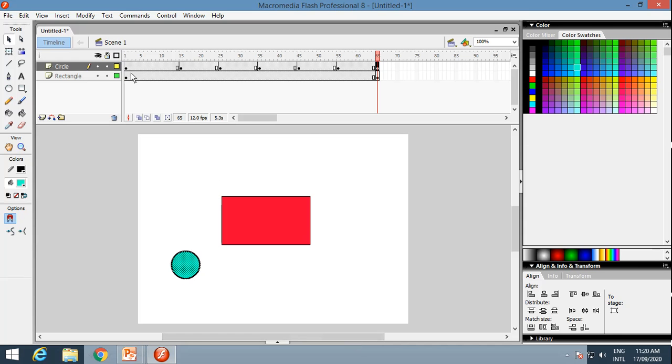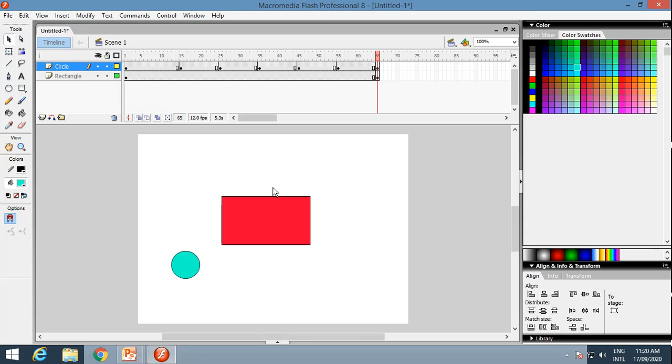Now see what is happening. I am just clicking on first frame and pressing enter. See, that circle is moving around the rectangle, but the rectangle is as it is because we have created two objects on two layers, because layers can be used for making the animation by keeping the objects separately.